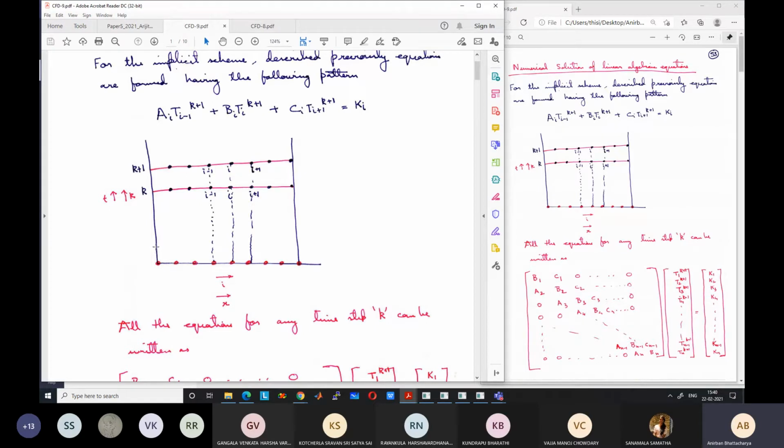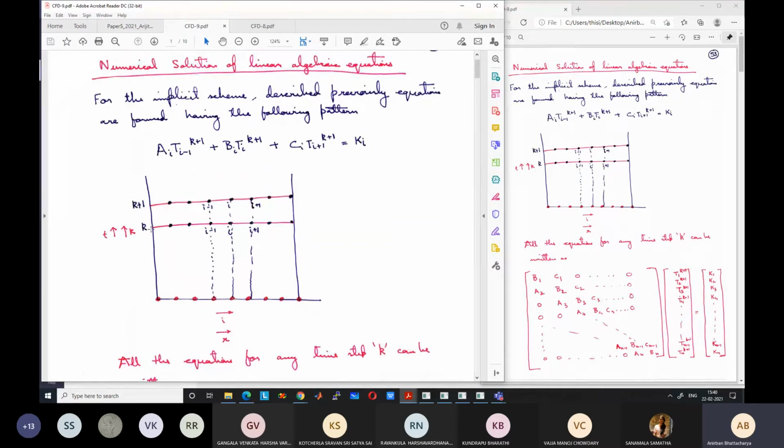We can draw another line where again we will have n points for the new variation along x. Like this, if we proceed with time, this is known as time marching, as we have discussed. At any general time step, the kth time step, the values are given along this line. This point I have not drawn here. So this will be I equal to 1, I equal to 2, I equal to 3, like this. This is the general I point. The next point is I plus 1 and the previous point is I minus 1.